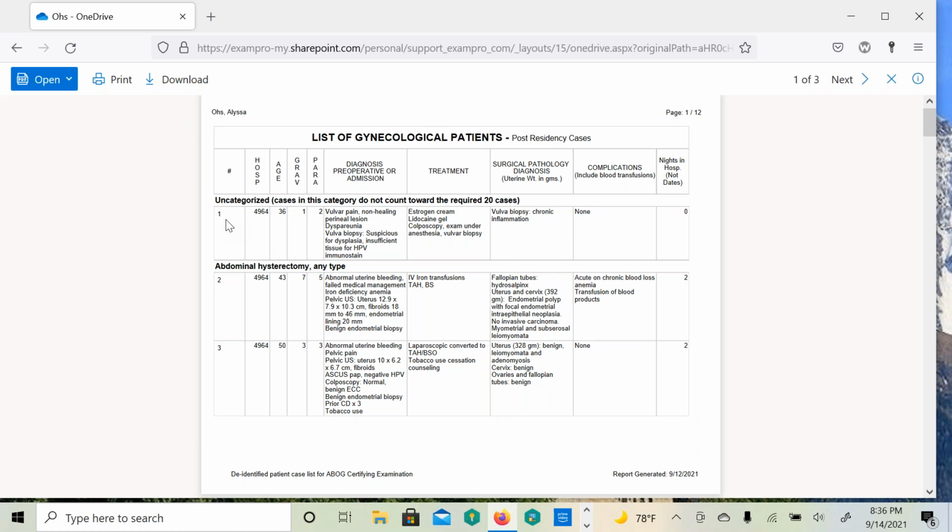Okay. So if you saw a non-healing perineal lesion in a 36-year-old, how would you decide whether or not you wanted to biopsy it? Because I'm assuming we don't biopsy all the perineal lesions we see in 36-year-olds, probably only some of them. So how would you determine whether to biopsy or whether you might want to take a culture or a swab of it or maybe do something else with it? So things that help me determine to biopsy it are the amount of time that it was present, if it was improving or getting worse, if it responded to different treatment options, and ruling out the other potential causes, so ruling out infectious causes or a fissure that's not healing.